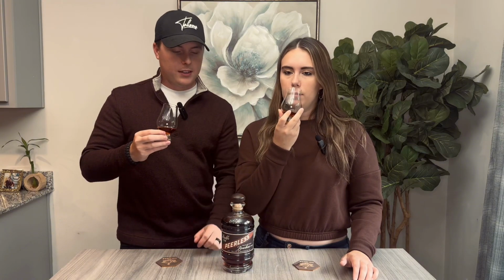It's kind of soft a little bit. Yeah. I don't really get ethanol or anything. It's not as punchy as I was expecting. You get like a caramel, a little bit of that. Vanilla-y. I get some oak, but it's not as much as I thought it would be on the nose, but I could also just like